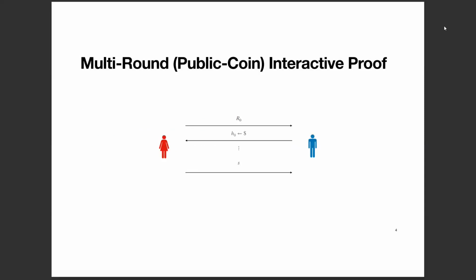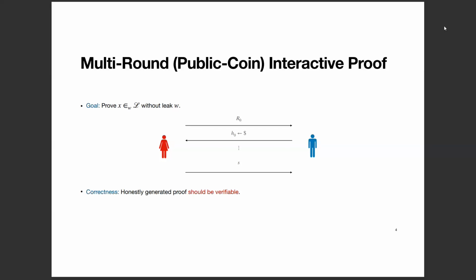First of all, our work is about transform from multi-round interactive proof to NISIC. So I will first give some notations about multi-round interactive proofs. Basically, it's an interactive protocol between Alice and Bob. The goal is to prove a statement X is in the language L with a witness W. The main goal for Alice is to prove the statement X is in the language without leaking the witness